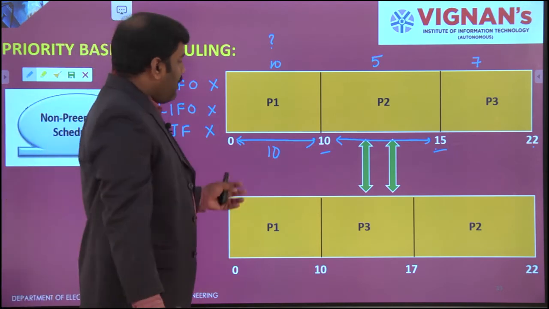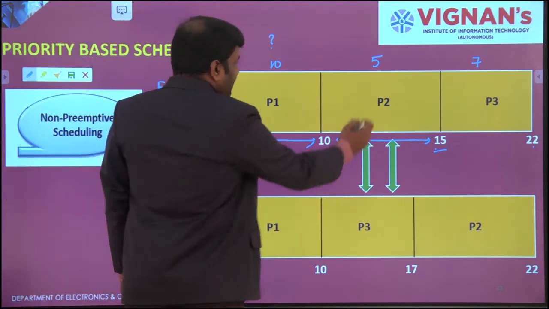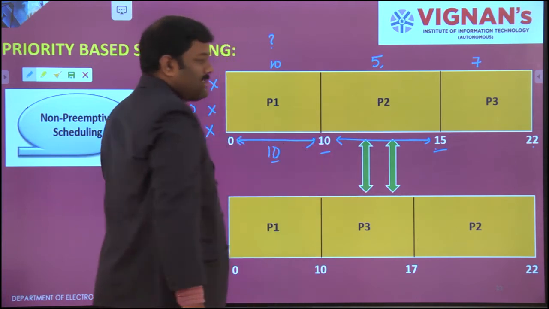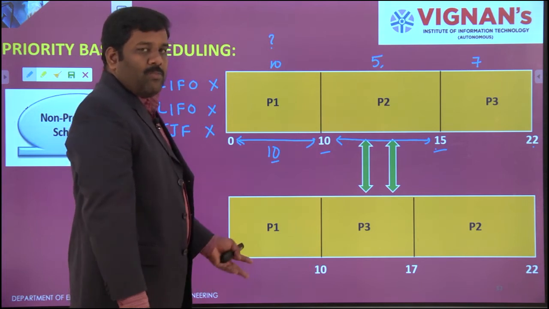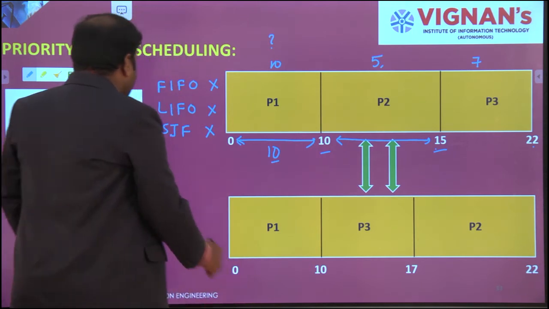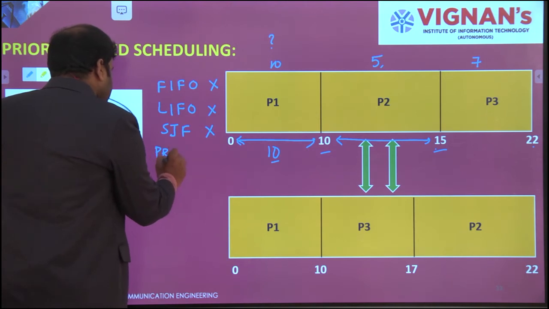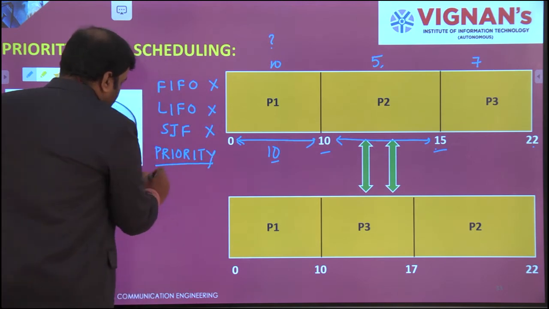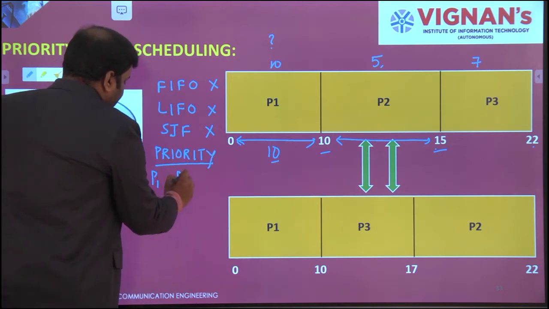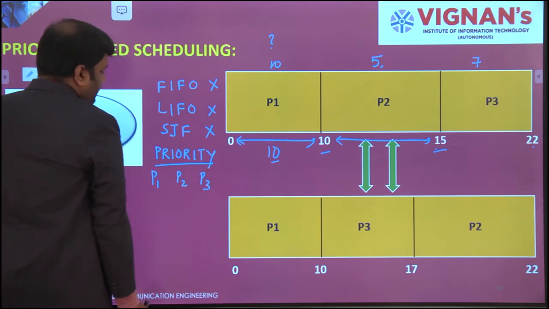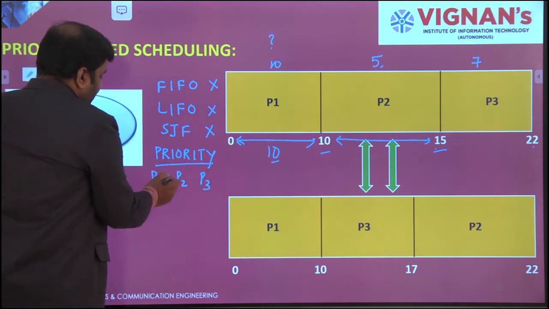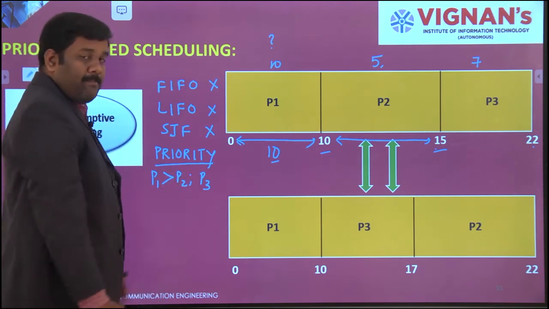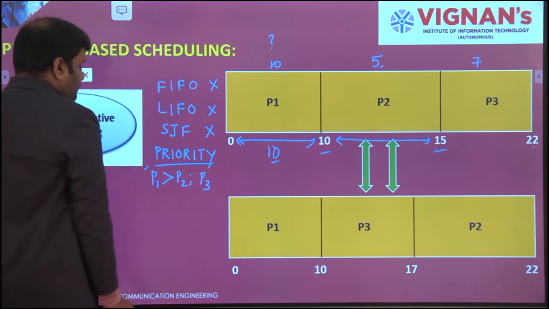P1 will be finished in 10 seconds, P2 will be finished in 5 seconds, and P3 will be finished in 7 seconds. So I'd go for P2 to finish because it has less time to execute. But I don't mind about the time. The only thing that I have to check is priority. So I need to check the priorities between P1, P2, P3. While comparing these, P1 has more priority than P2 and P3. So P1 will go first.